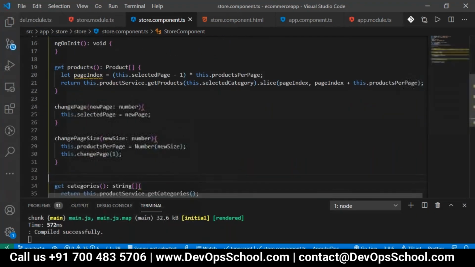That will make the changes to your pages. Then we want to get the page numbers, so I want to create a variable which is pageNumbers. For this I'm writing a getter method which will be returning a number array.